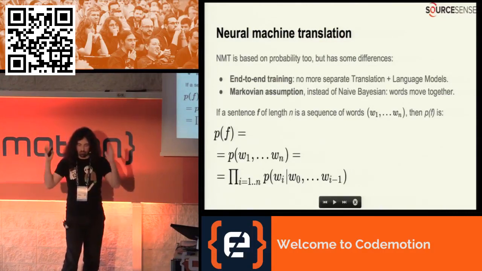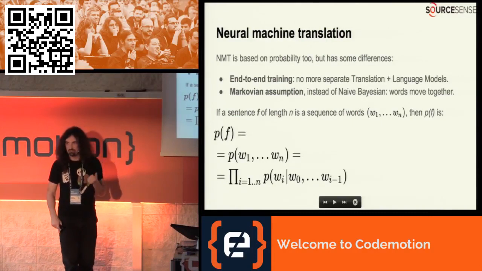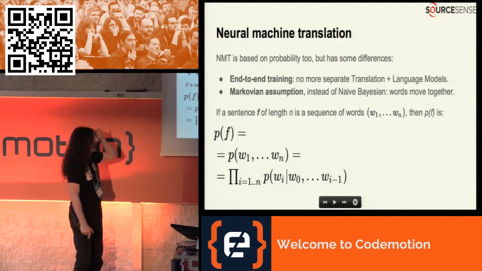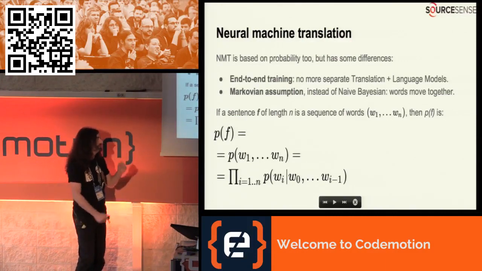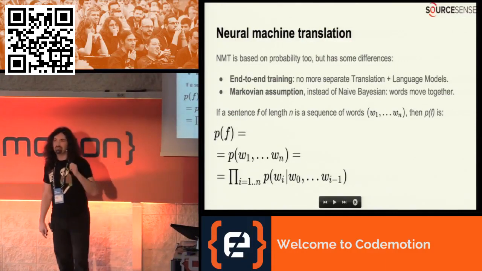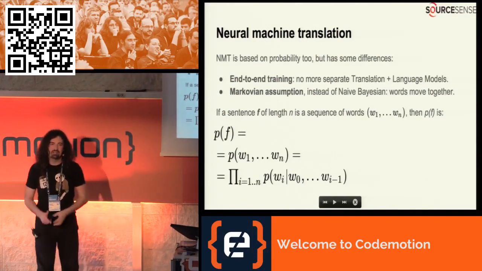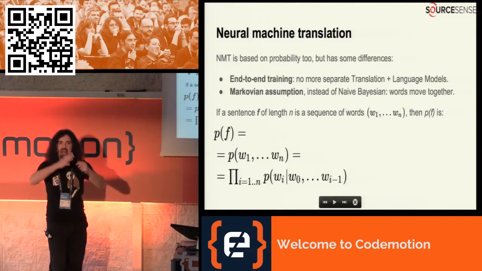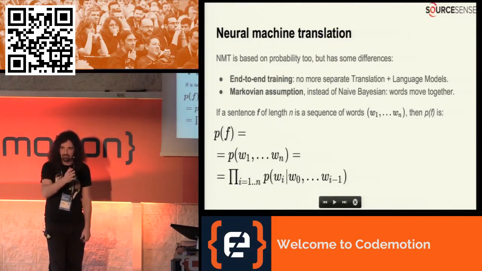Instead, here we have just one system which holds all the knowledge, globally, and it's much more efficient. And second, more important, the Markovian assumption instead of the naive Bayesian. The theorem of Bayes established that the probability of an event occurring can be factored into